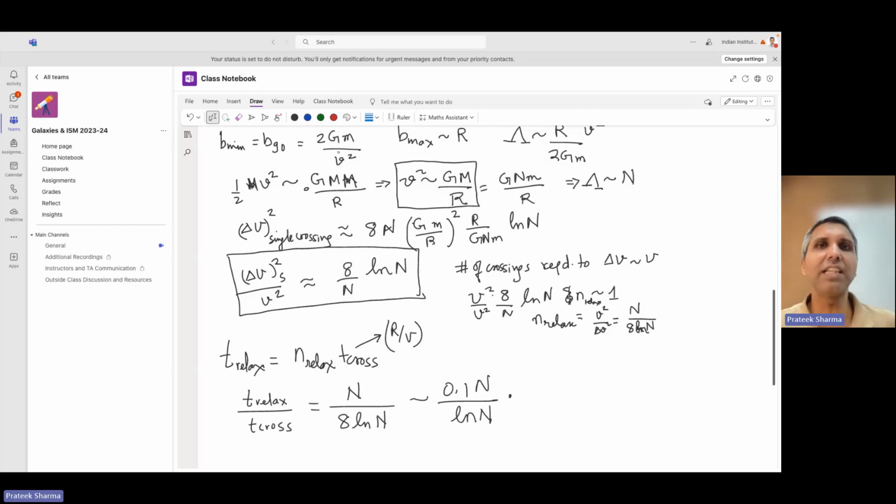And for the solar case, here we should not put 220 kilometers per second. It's the relative velocity with the solar neighborhood stars, right? Because they're sort of essentially moving together. That would be about 10 kilometers per second. So if you want to calculate this, you put in a solar mass, you put in a few tens of kilometers per second, and then you calculate it. And my memory is that you get something like 10 AU.